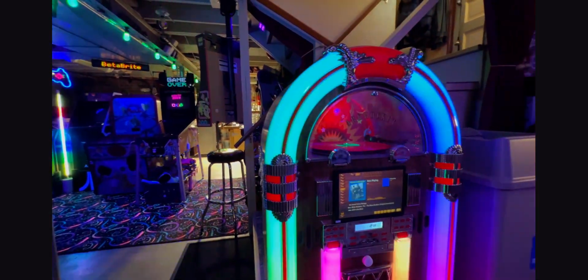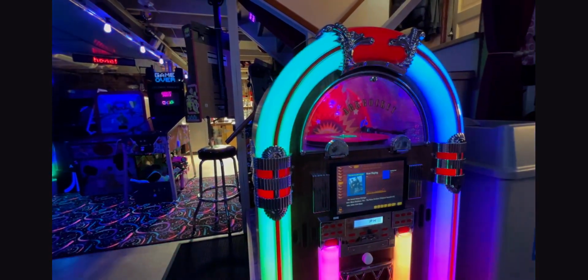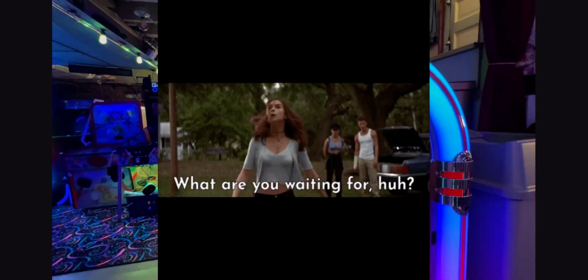Oh man, I gotta tell you, if you're on the fence with doing some stuff like this to your jukebox, what are you waiting